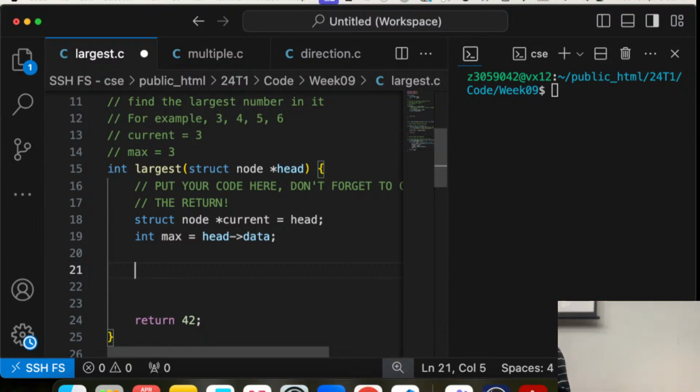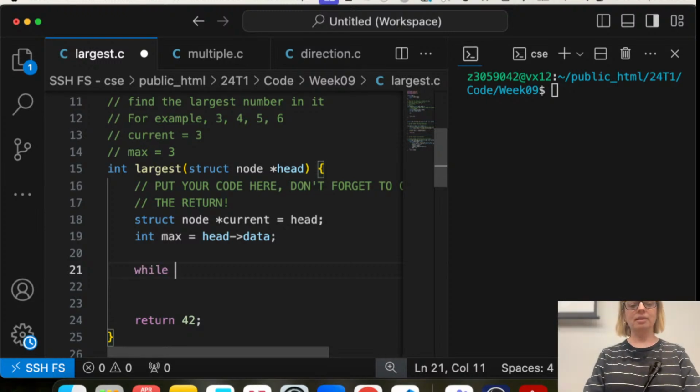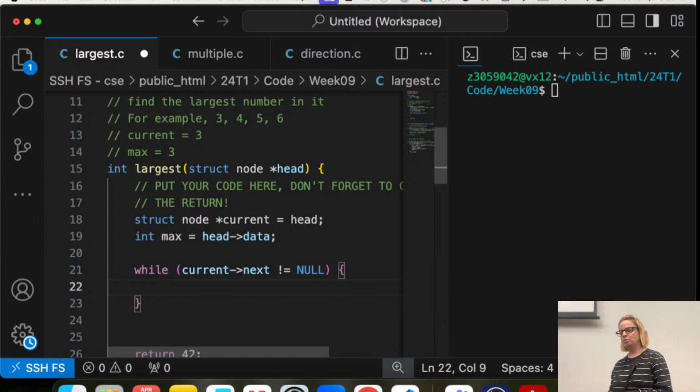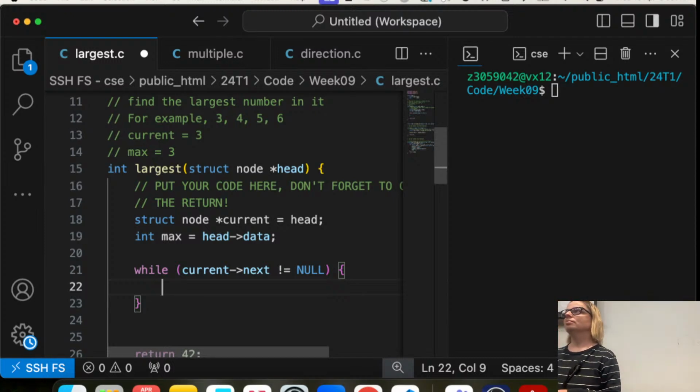So then you do while head next is not null. Oh, sorry, while current next is not equal to null, current is current next. Whilst current next is not equal to null, can you tell me why I'm not going while current is not equal to null? Why will I do current next is not equal to null? Well, you could actually do current is not equal to null, but it depends on which order you put the current equals current next and comparing the value of max.